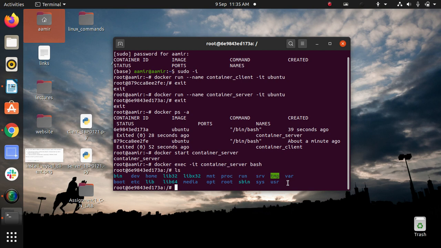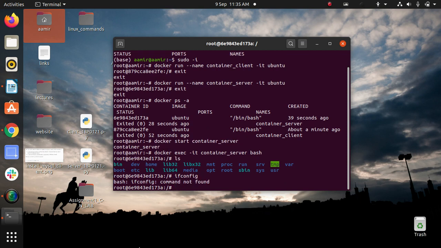If you type any command here, if I say ifconfig, which is used for checking the IP, it says command not found. Why? Because this machine is empty. I have not installed any application here. This is a fresh operating system.